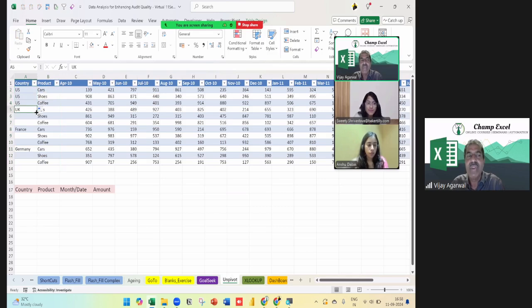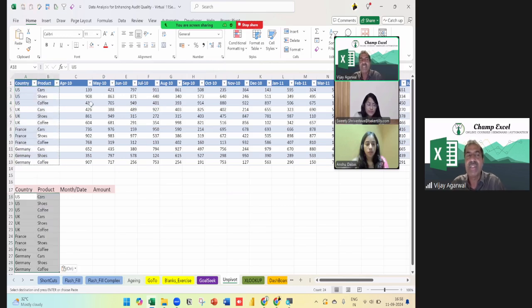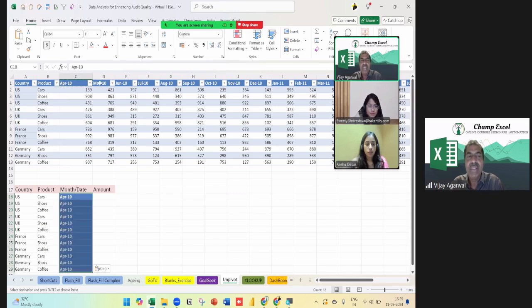First, we need to fill this, and again I'm showing you what I'd do manually, depending on the volume. So first I do Control C, and here I'll paste. Then I put this is the month, and here I put this month, Control V. Then I put this amount, and here Control C, and I put Control V.